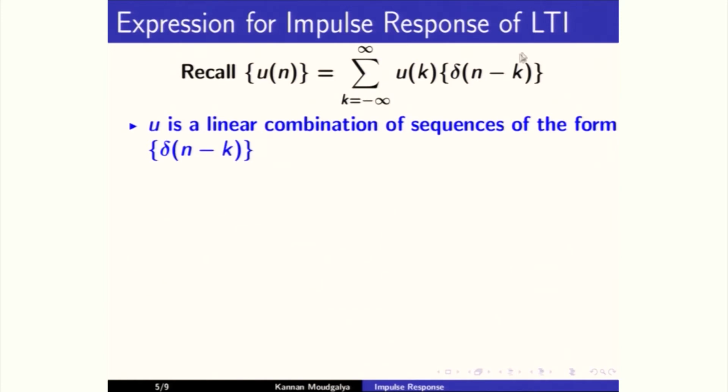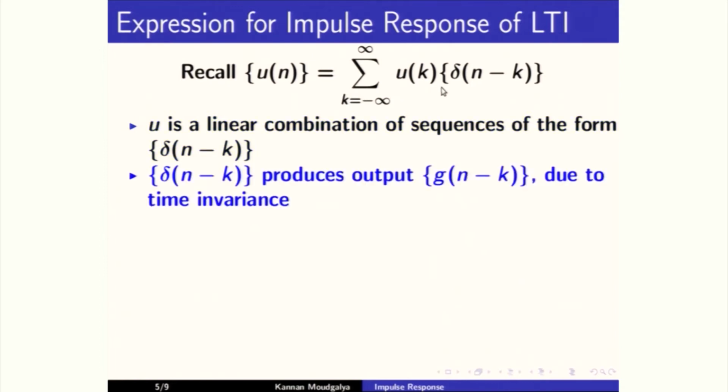So u is a linear combination of sequences of the form delta of n minus k. You can think of this as this sequence multiplied by the scalar and added across all k, going from minus infinity to plus infinity. Now because it is time invariant, delta of n minus k produces G of n minus